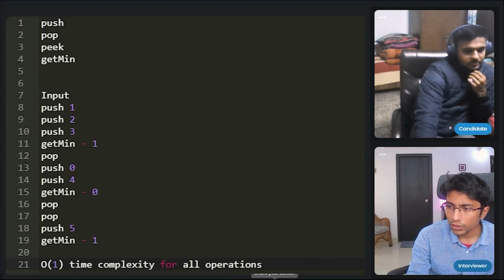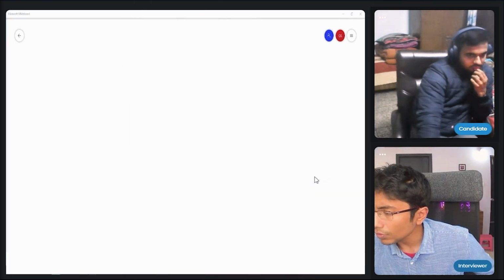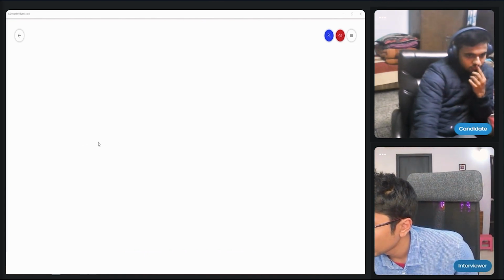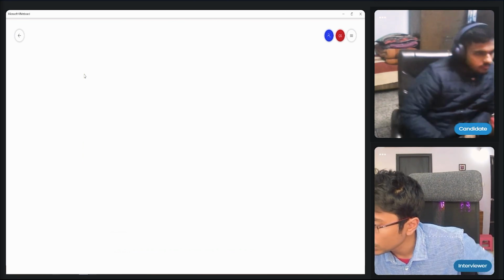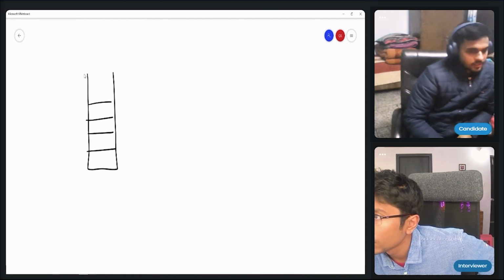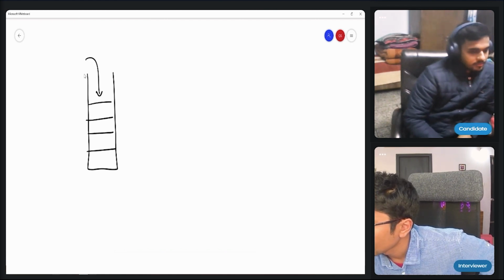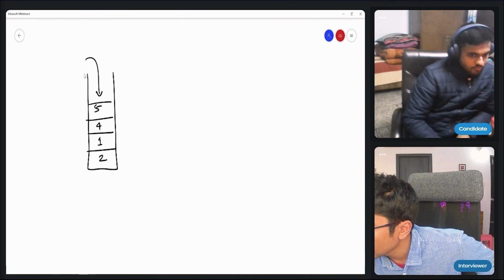Is it okay if I share my screen for a minute? Yeah, sure. Okay, so I'm thinking, what if this is my stack, and I have my elements being pushed in here. Now inside, if I have some sort of ordering, that let's say this is 1, 2, 4, 5, so 1 points to 2 and 2 points to 4 and 4 points to 5.